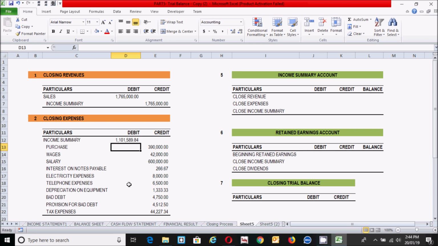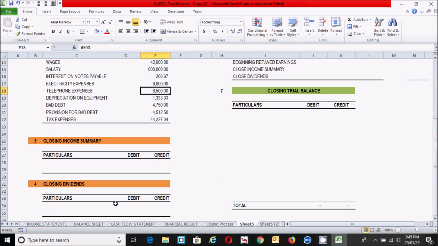You can directly put the value of each expenses section of the income statement to get the actual value of income summary. Okay, but we have to put all the expenses accounts individually here. Okay, now we can see we have successfully closed the expenses account. Now we have to close the income summary account. So it can be closed by posting the journal entry